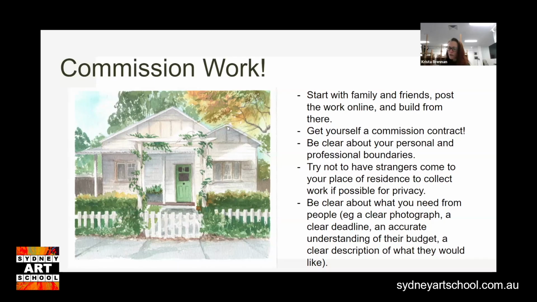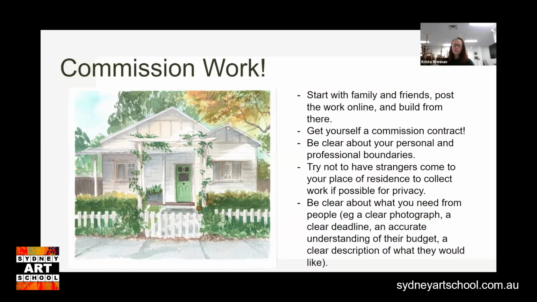Make sure that you do have a contract. And I would say this even for family, even for friends: think about contracts as a statement of expectations. Don't think of it in the context of one person trying to get something over the other. It's about making sure that everyone is really clear on what's going to happen, when it's going to happen, how it's going to happen. So I'm very, very pro contracts.